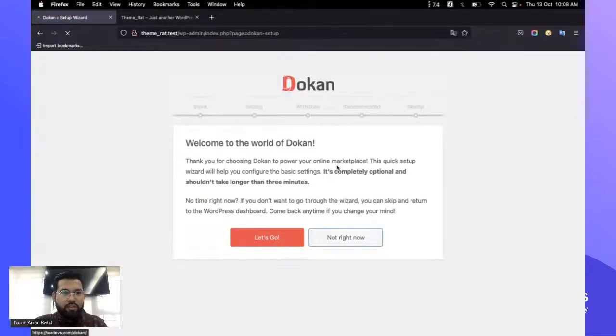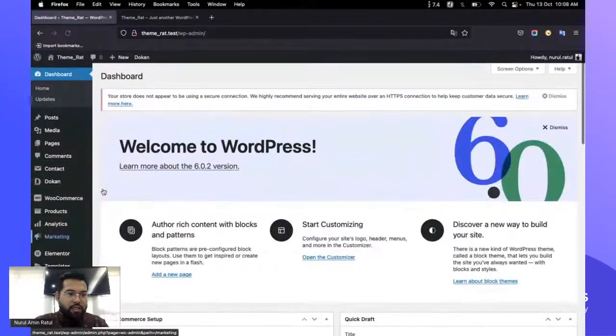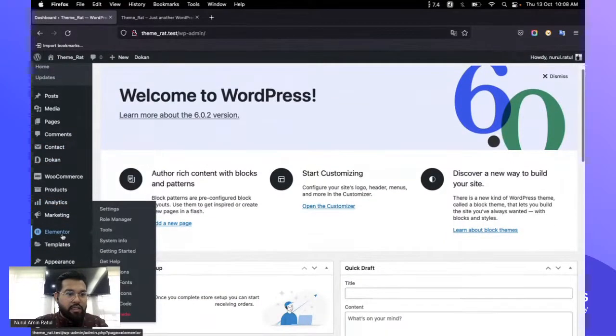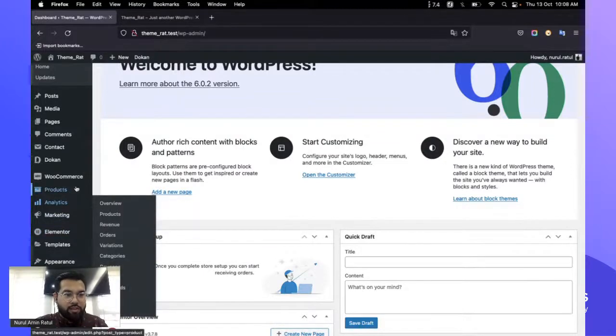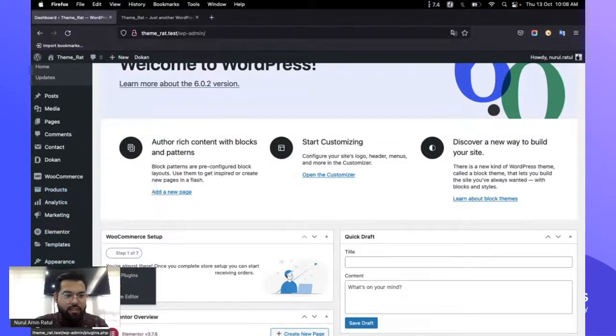Right. So I have some basic setups for the other plugins. I'll just skip all of them. So yeah, once I have everything, all the plugins, supporting plugins and necessary items ready for Otel, what I can do is this is a great helper to have a look at the theme and all its potential abilities. What you can do is you can go to appearance, and then there is this option for import